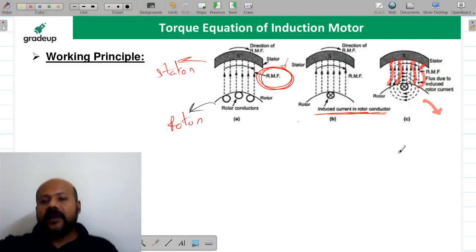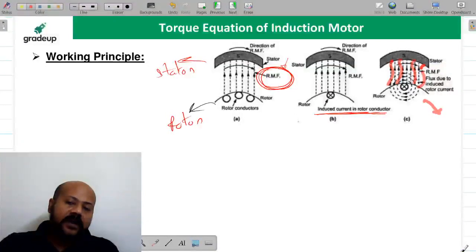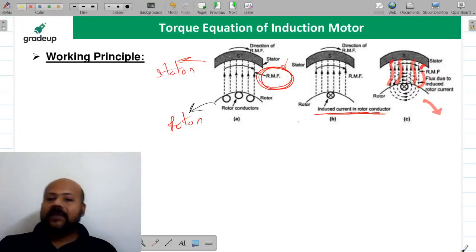Okay, so there is one candidate, Deva Santosh, who is saying, sir, please discuss something about out of syllabus. See, for these out of syllabus things, we are having general sessions. Every week we are having general sessions. So definitely I will be coming up with these types of general sessions,